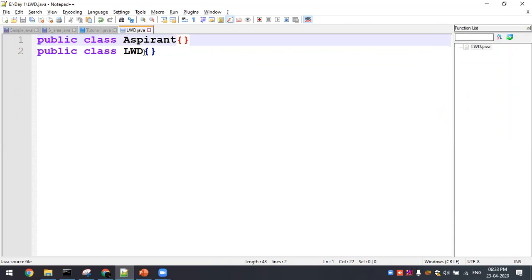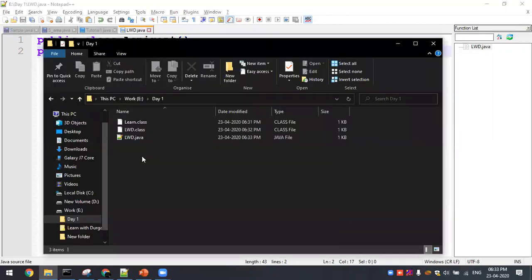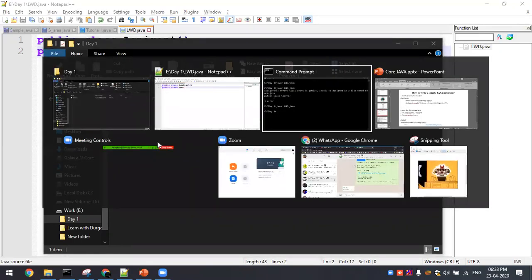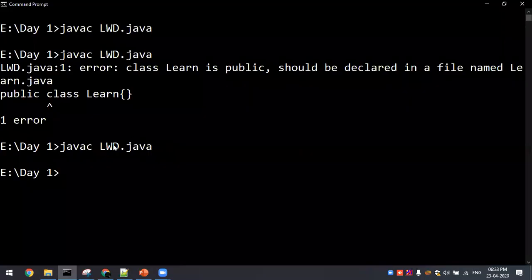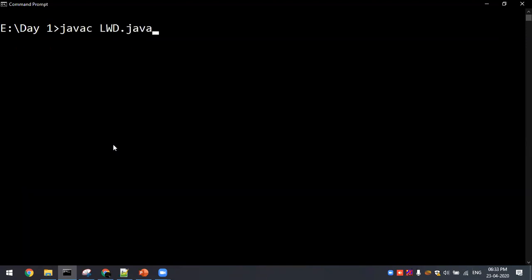Let me go ahead with both having a different name, or one having a different name. No problem. First I have introduced one more class. Let me go ahead with the file also. I just delete other class files. These class files are not permanent. Whenever we change anything, they get regenerated. Only the Java file you are supposed to maintain. The class file changes whenever you change the programs. Let me clear the screen and go ahead with the execution part.